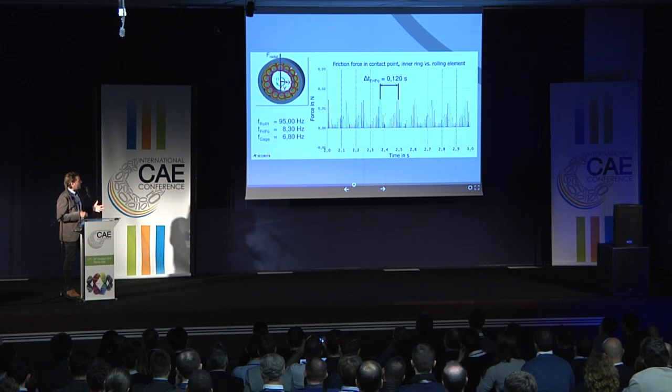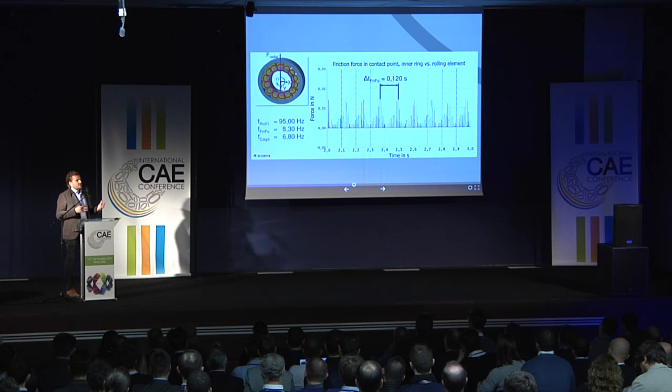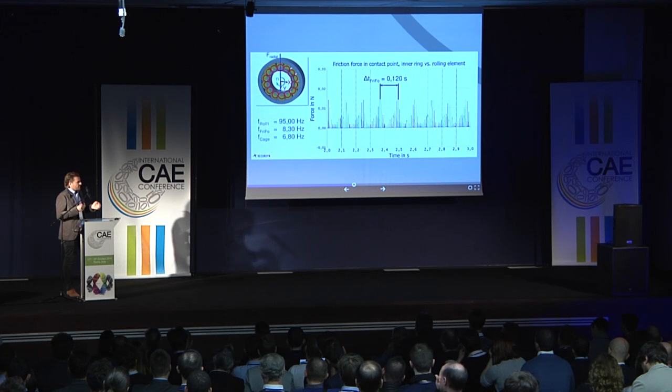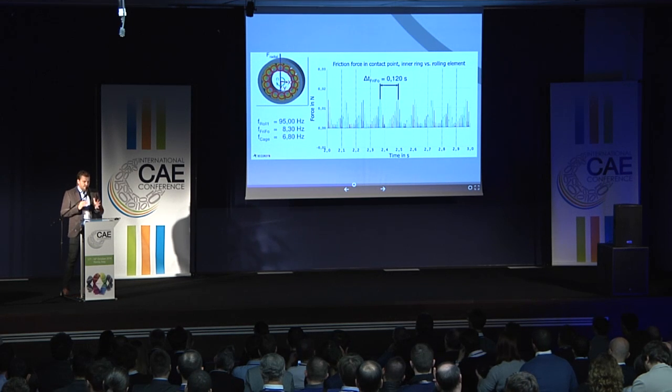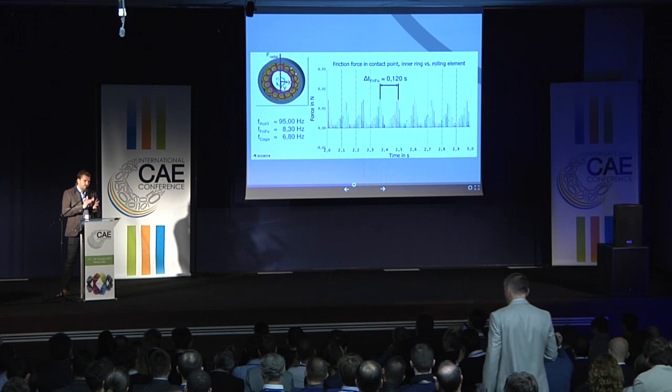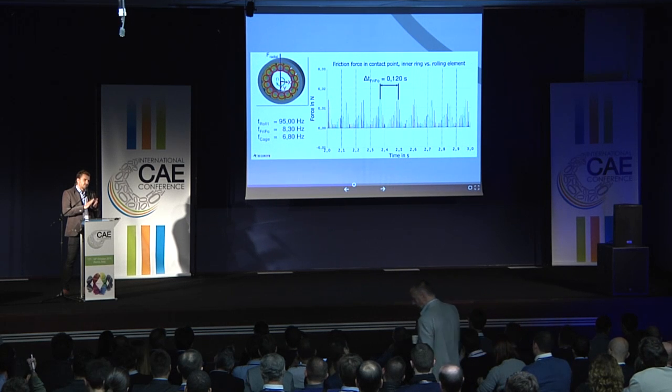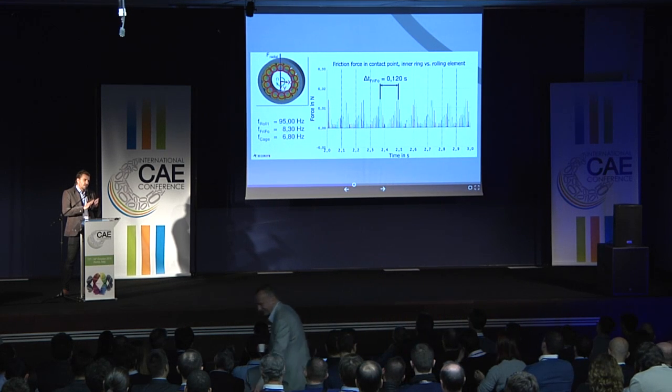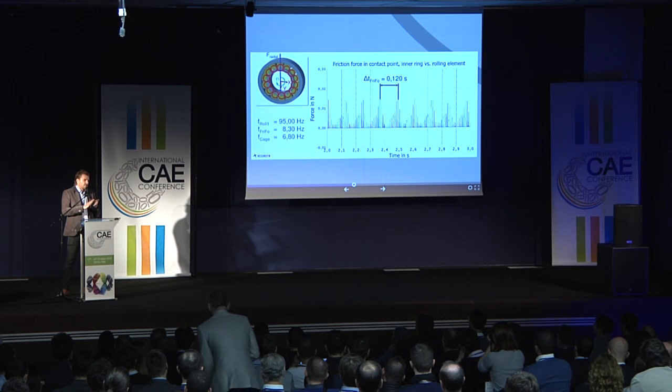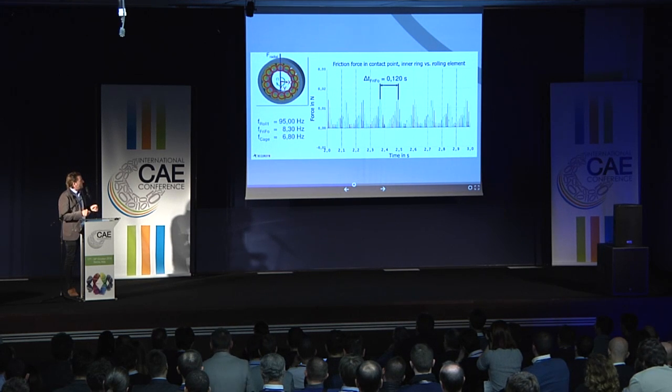So now the name for this funny frequency is an oscillating friction force. So why is this happening? Is the next question. If you find the reason, you have to understand why this is happening here. Then you have to think about how the friction model is implemented in this solver. So the friction model is like this: the solver checks the relative velocities between two bodies. And because of this relative velocity, the friction coefficient is determined, and then the friction force occurs.